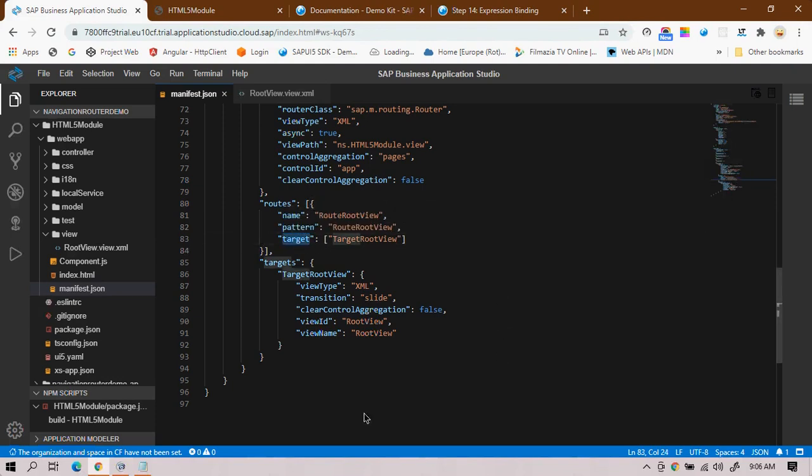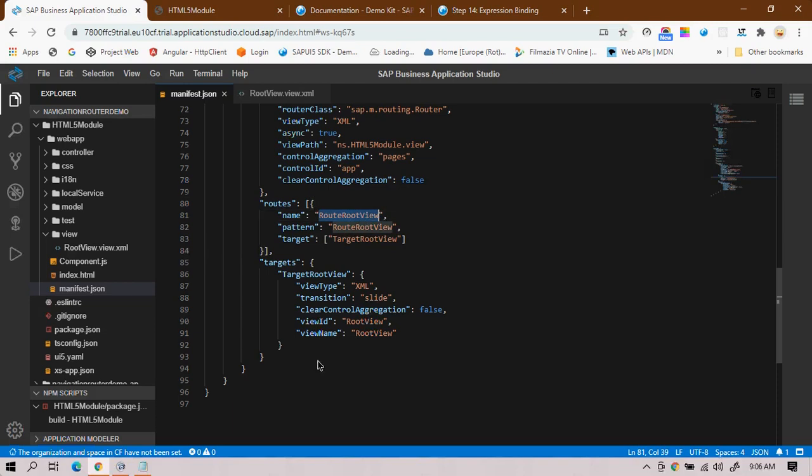And then we have the target. Each target is associated with each route. Suppose I have one view, so this is the route. By default SAP assigns the route as the default route view, so it's assigned automatically. You don't have to do anything. This is the view we created, route view.